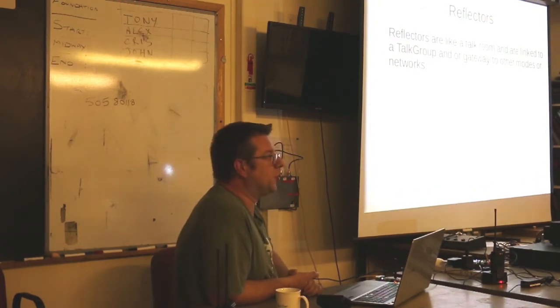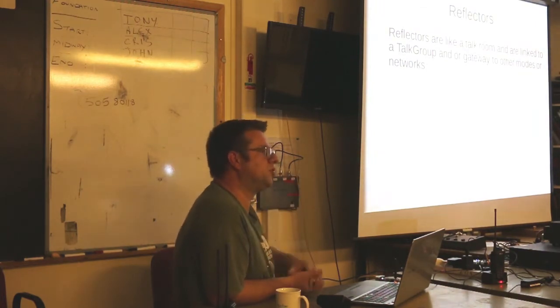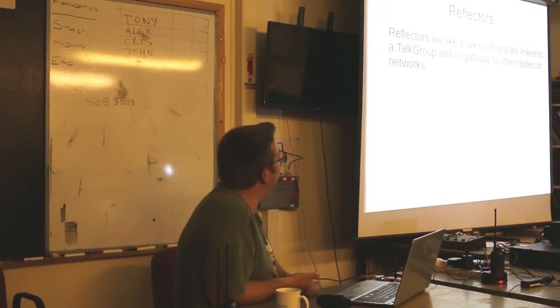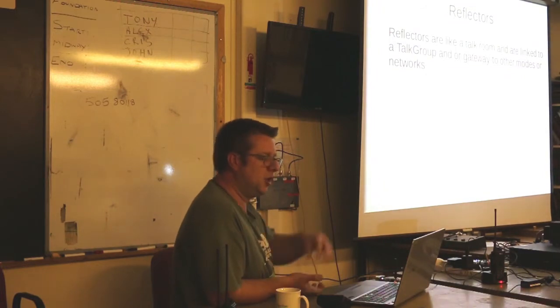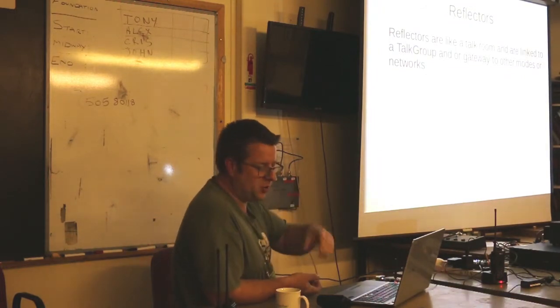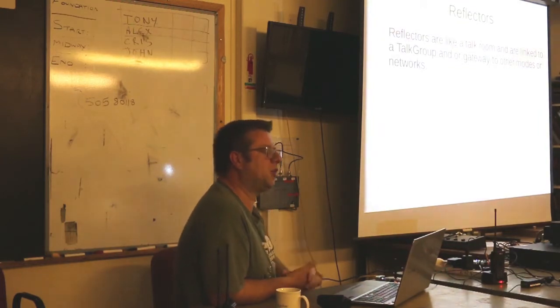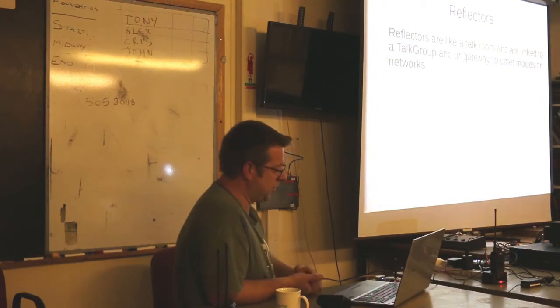You could also put in a standard FM repeater. You could take another repeater that's not digital and give that a reflector number and access that from there, and vice versa. It does make operating very awkward sometimes, because whoever's on that repeater is coming across, you don't see their ID number, you don't see the call sign, because they don't transmit that kind of information. You just see the gateway information come up on the set that you're using.